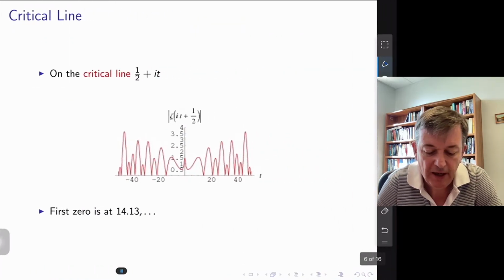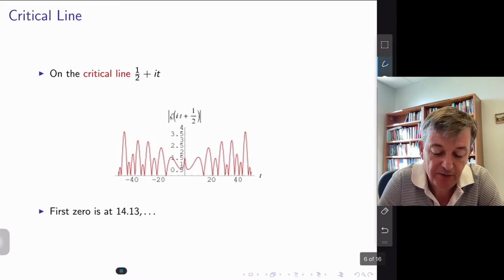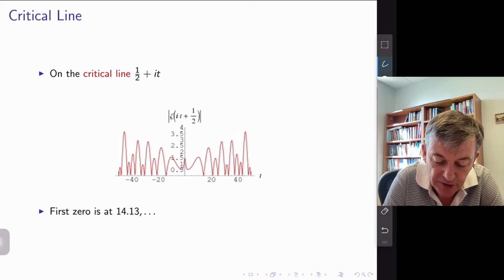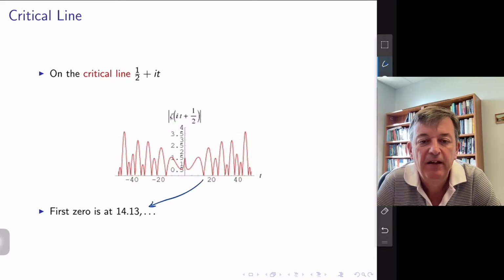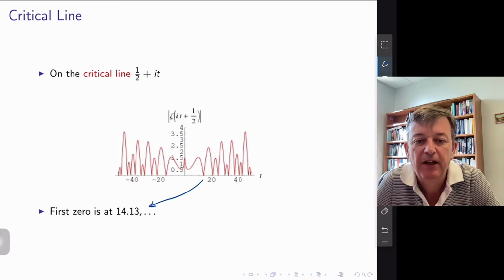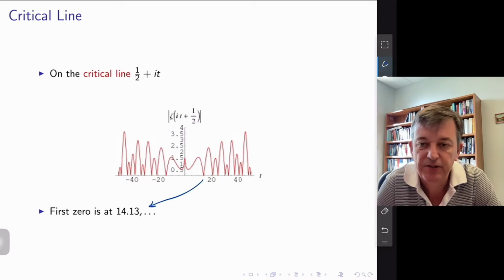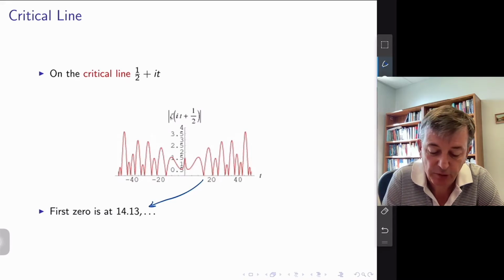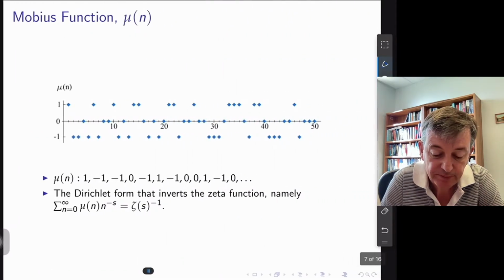Okay. If I look at the absolute value of the zeta function again, it would look something like this, and it touches the axis at the zeros, and this first zero here is known to be 14.13. And again, remember from Riemann's classic expansion, if I know the zeros, I can essentially find the primes. So it's an interesting way of calculating prime numbers, or finding a duality with primes.